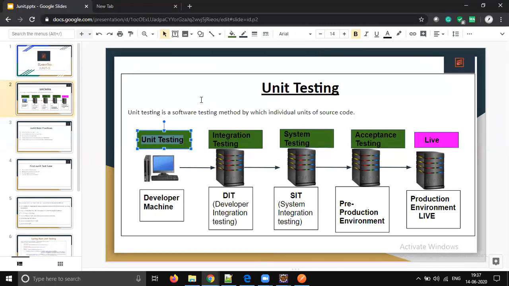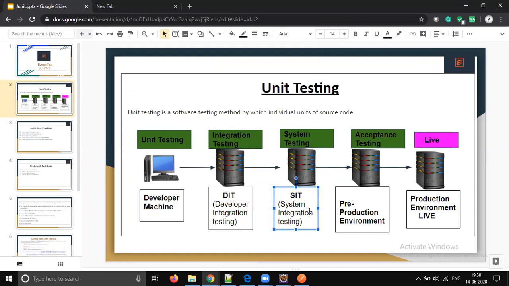You will push into any one of the repositories, and the Jenkins server will run and create a jar file or war file, and it will deploy it in the DIT environment. That is the development environment. There, all the developers' changes will be integrated. Whatever testing we are doing in the DIT environment is called integration testing. If integration testing looks good, then the code will be promoted to the next level called QA or SIT.